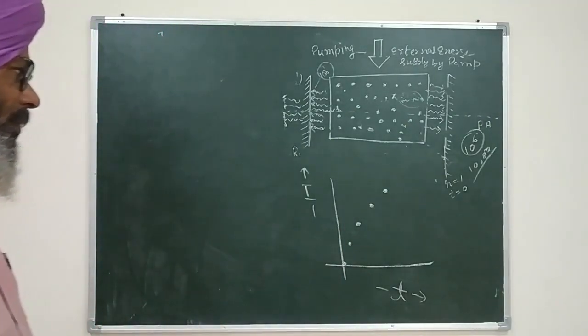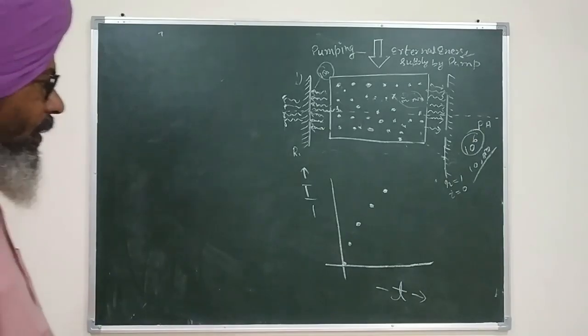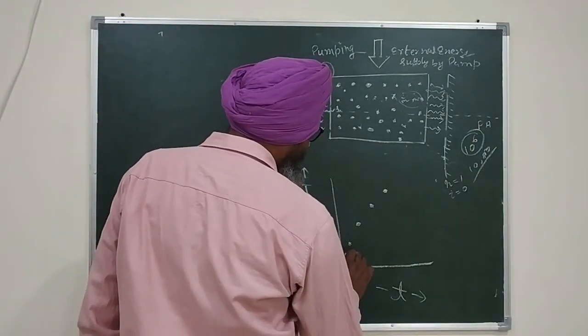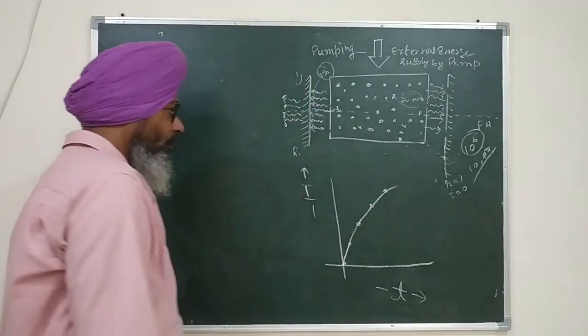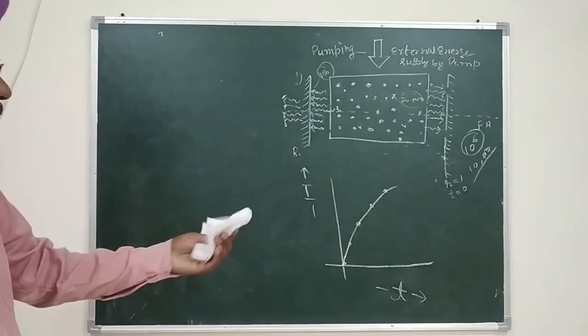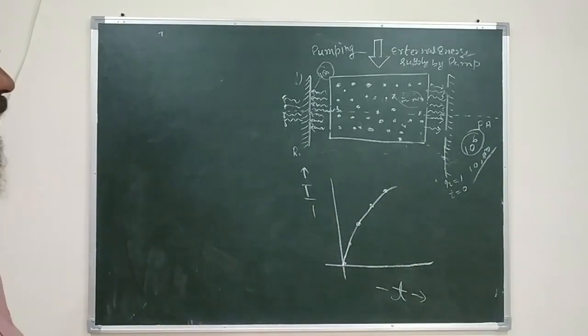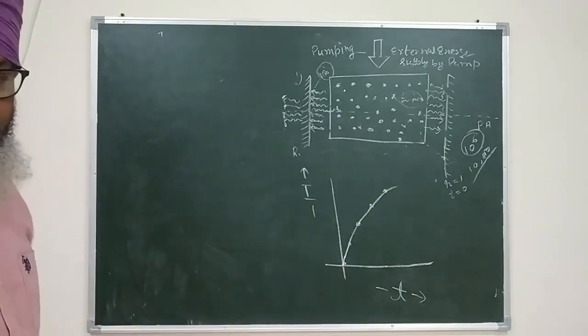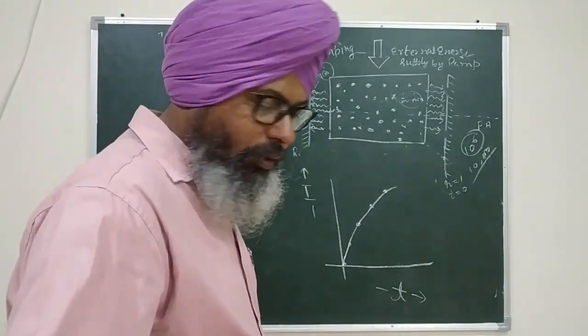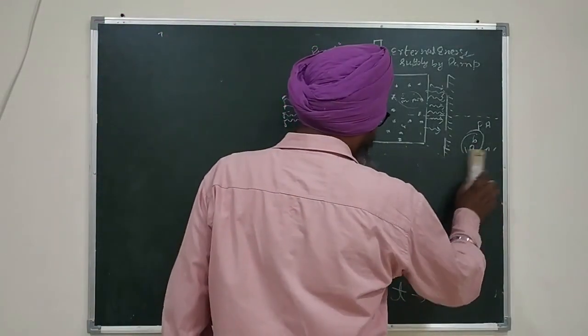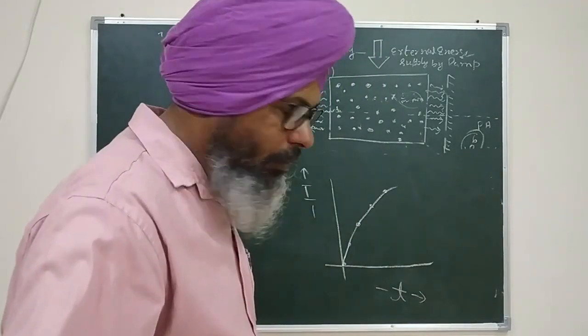So if I draw a graph, the graph will be exponential, it will not be a linear graph. If we say that every time this is going to happen, then this graph will never stop here, but actually it is going to stop somewhere here. So what is going to happen? After a certain interval of time, this graph will become horizontal.